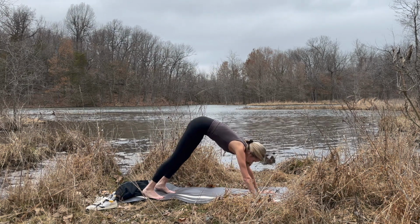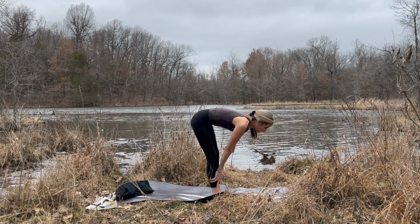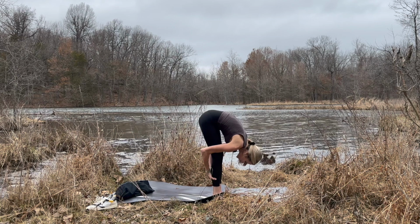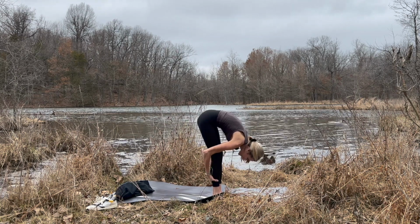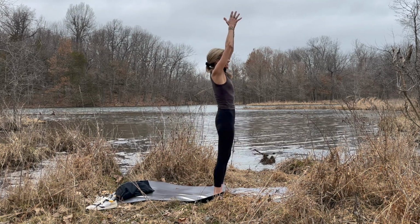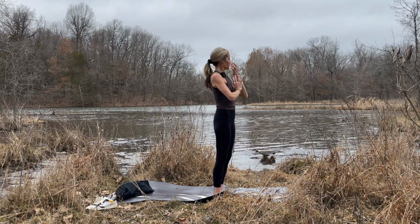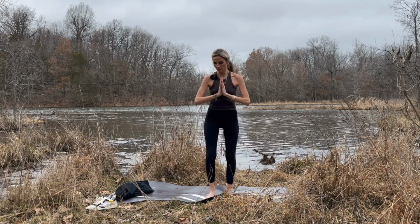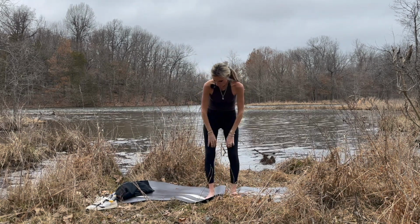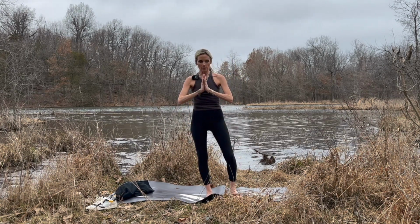Gaze between the hands, walk up to the hands. Inhale, halfway lift. Exhale, forward fold. Inhale, sweep it to the top. And then pull hands down to heart center. So coming into tree pose, I'm going to face you. So we're going to shift the weight over into the right foot, hands at heart center, and then allow the